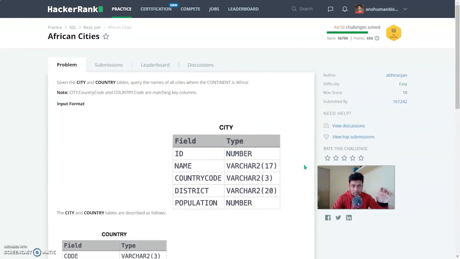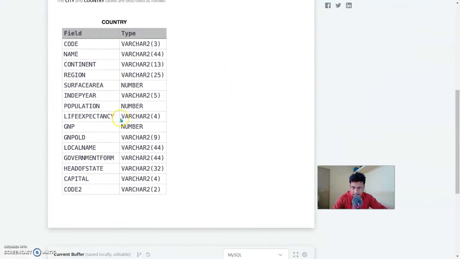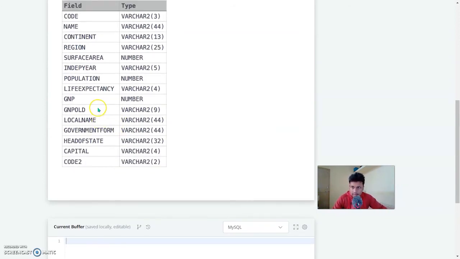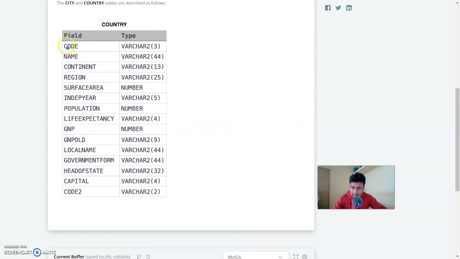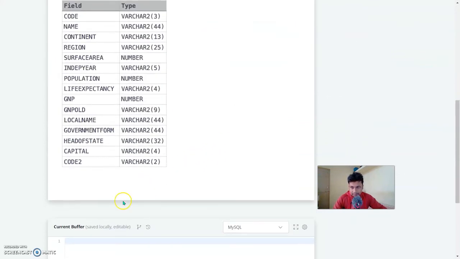So it will make your statement look nice and simple, and it is a clean way of writing the query because you don't have to type the complete name. Okay, so for this problem also we'll be using MySQL, and you can see here the table country and the table city, and we are going to join these two by using the same country code and the code. And let me just show you where is the code. Yeah, in country you can see the first column name as the code, and here you can see the country code. Both are having the same values, so we are using the common field to join them.